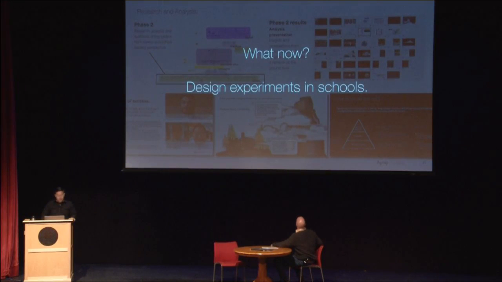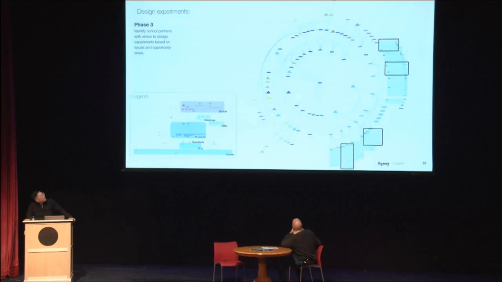So what we're doing now is gearing up for design experiments in schools. And I can't really show you anything like that because we're in the process of working through those. But this is the same map represented in a slightly different way in order to understand where the most connections lie, and also to understand the mental model in which people establish hierarchies within the organization. At the very center of that is Dr. Tommy Chang. And what you can see is quite far off to the periphery are all of the different schools.